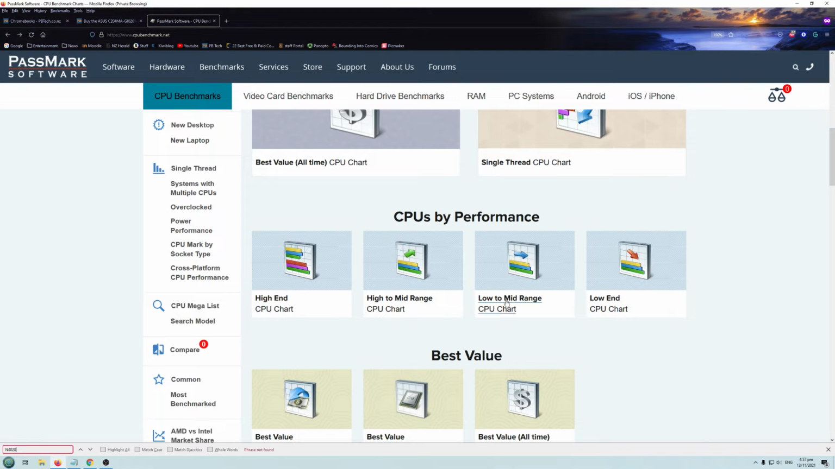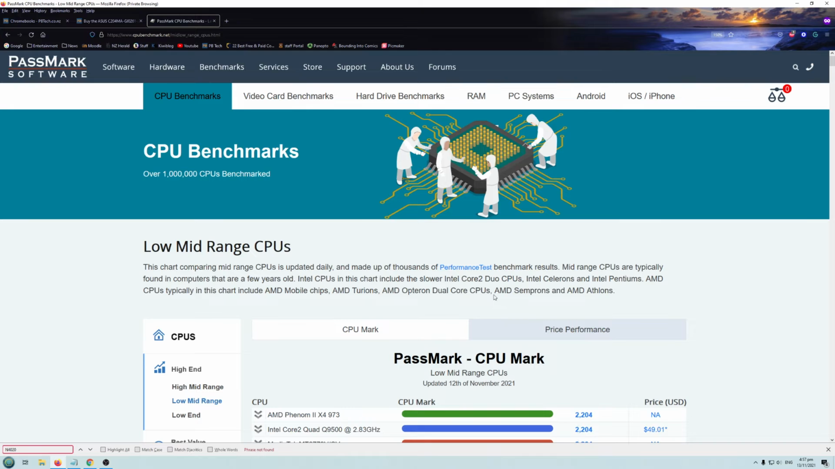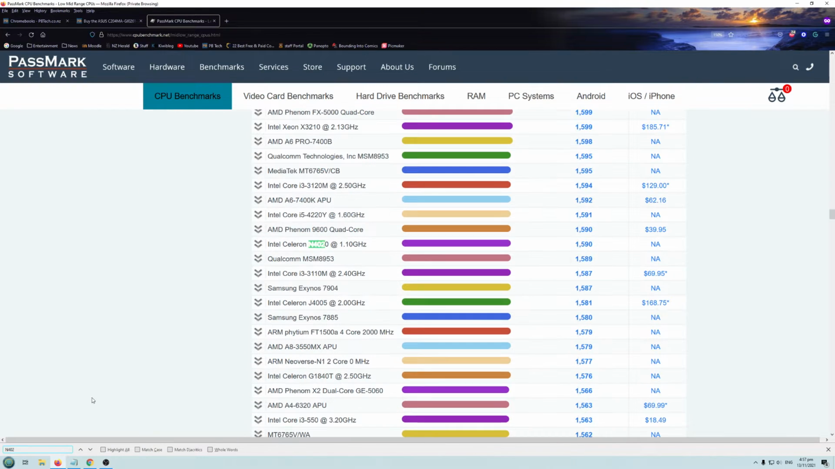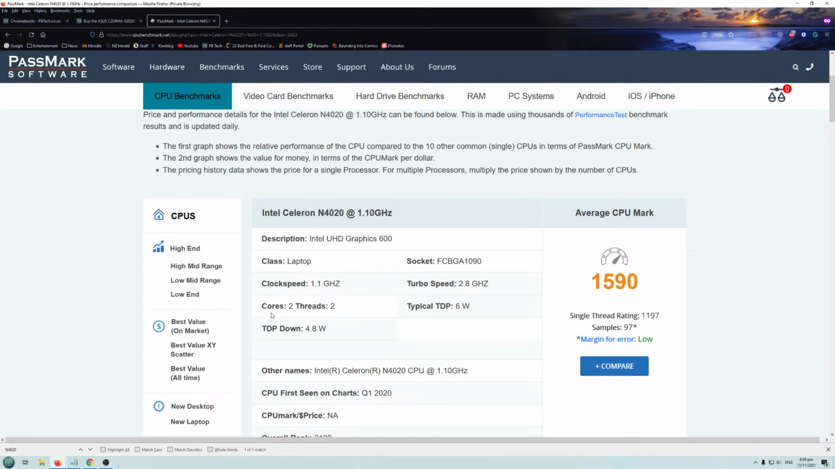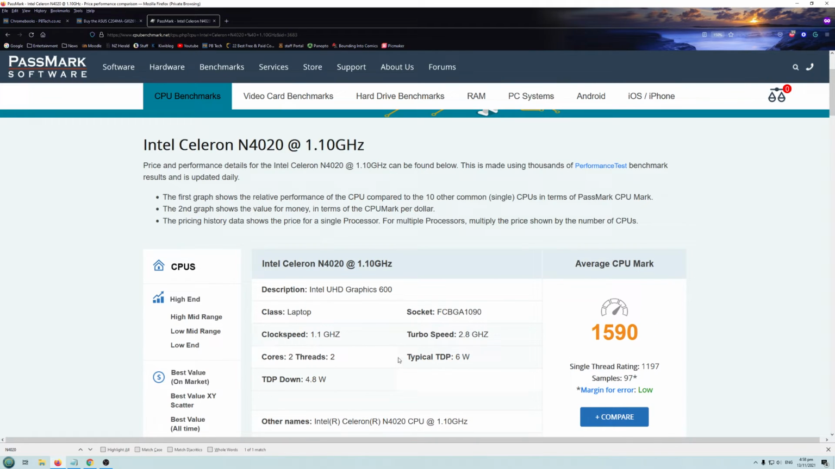Let's go for low to mid range. Okay, let's go find. There we go. So it comes up here. So this is an Intel Celeron. If we click on that, does that give us any extra information about it? So there we go. It tells you how many cores it has and how many threads it can handle per core. So remember I talked about that in the previous video. So it's got 2 cores and 2 threads for each core. So there we go. So that tells you how you can find out how many cores and threads a CPU has. If we go back to the previous page,